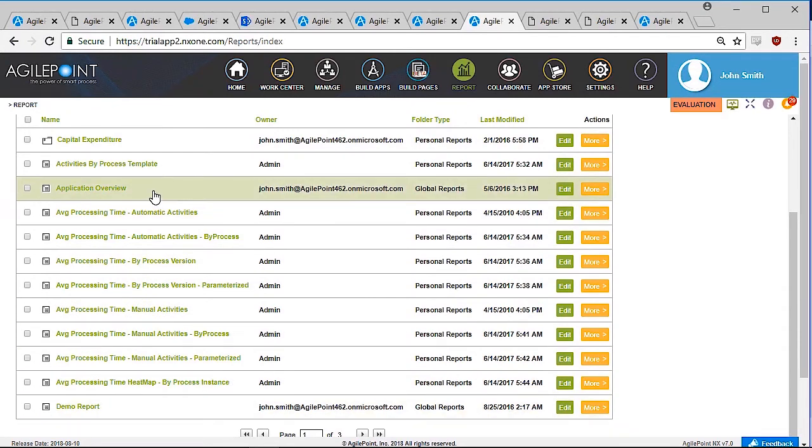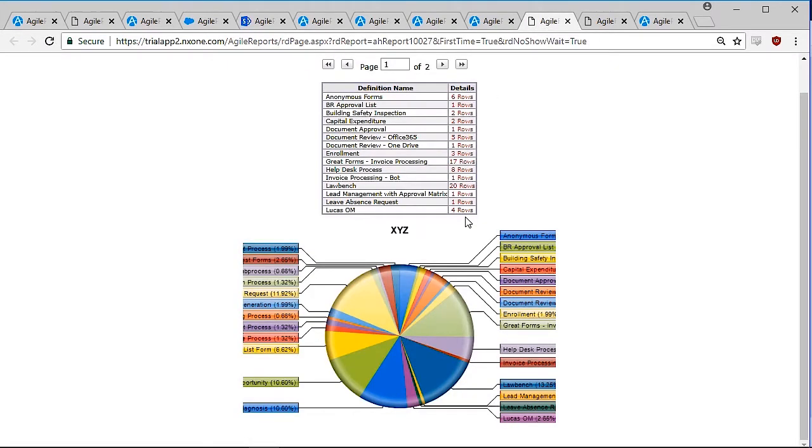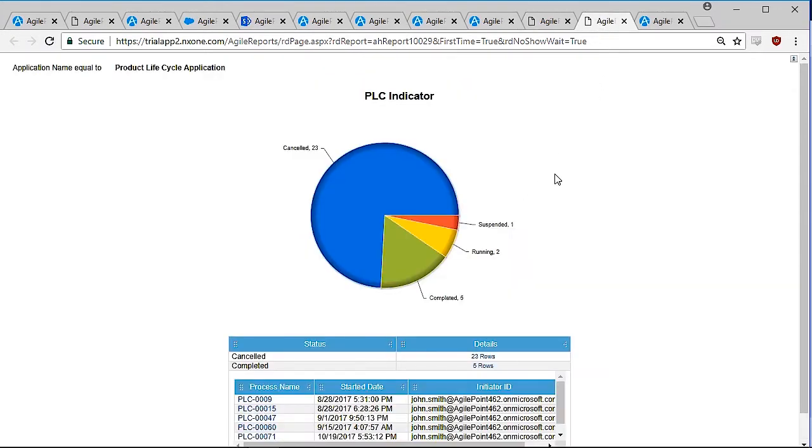Right, so here, everything under average processing time is all an out-of-the-box report. But just to give an example of what this can look like here, AgilePoint provides more than 10 visualization styles, right? So you can really select the visualization type that best represents your data, and then push this out to your organization to be viewed on a role basis. Right? So it's very secure,